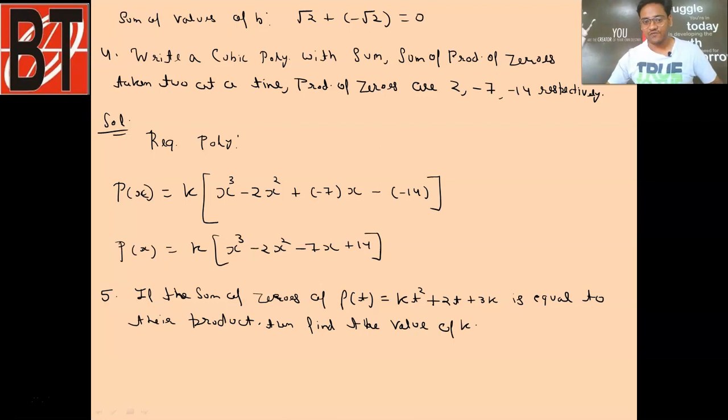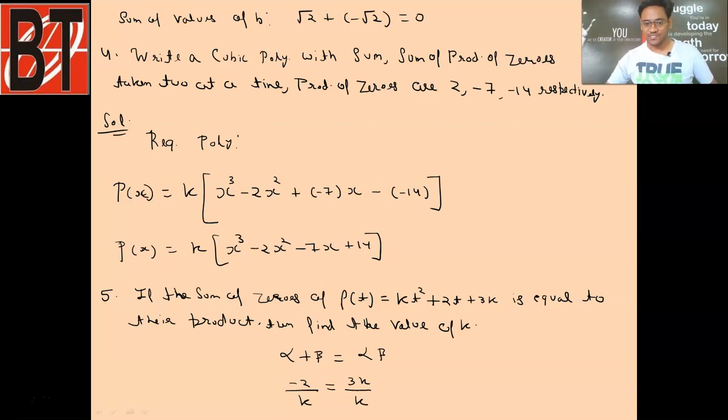Okay, so if zeros are alpha and beta, we can directly write here that alpha plus beta is alpha beta. Clear? That means the value of minus b by a is equal to c by a. Okay, or a will again cancel out. So I am just writing directly from the given polynomial. Alpha plus beta will become minus 2 upon k. Clear students? Minus 2 by k it will become. It is the value of alpha plus beta, and the value of alpha beta, that is c by a, is going to be 3k upon k. Clear students? I guess no confusion.